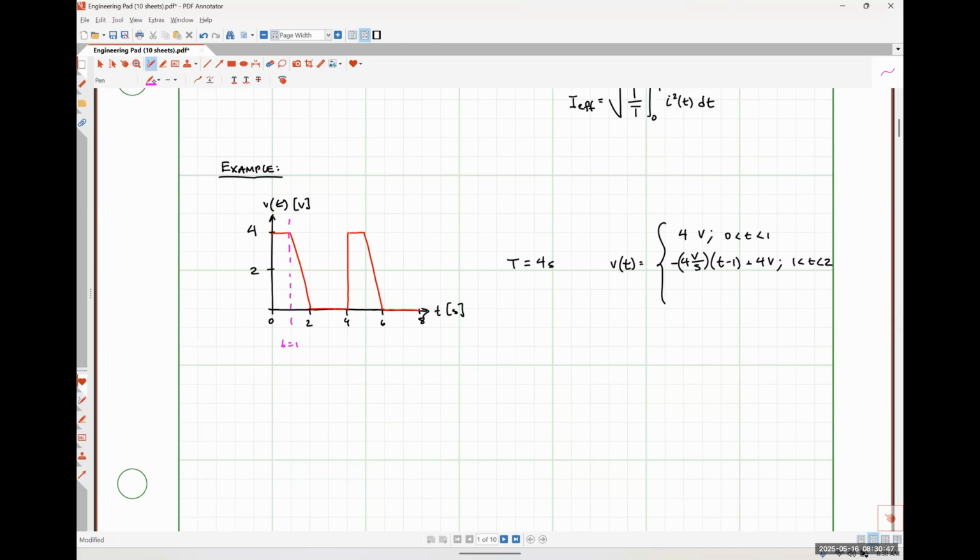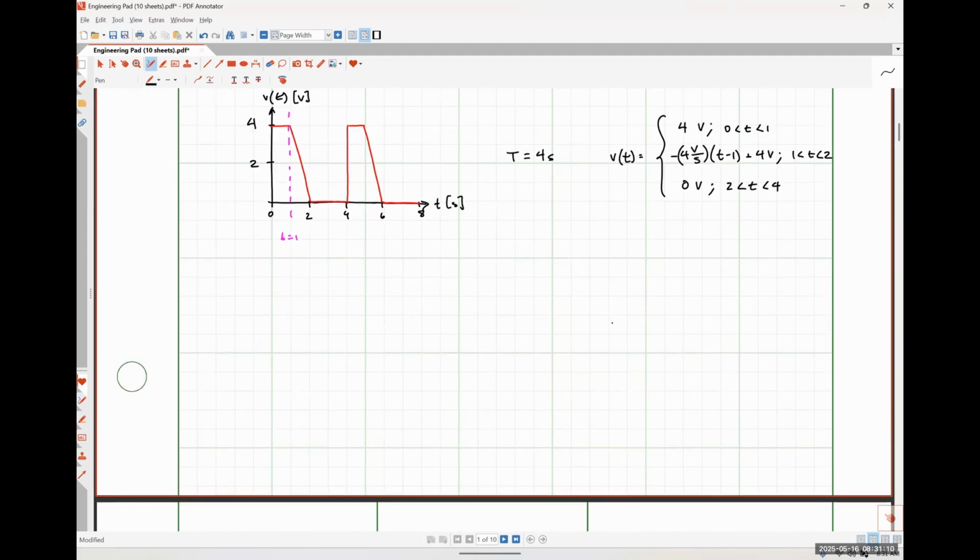And then lastly here, we would see that our voltage is simply 0 volts over the interval from 2 is less than t is less than 4, and then this repeats over and over again. Okay. So how I would find the effective value of this periodic waveform is I would literally just put this stuff into my equation, okay? Because I have a piecewise function, I'm going to need to split my integral up, okay? So I would have the square root of 1 over T, which is 4 seconds,